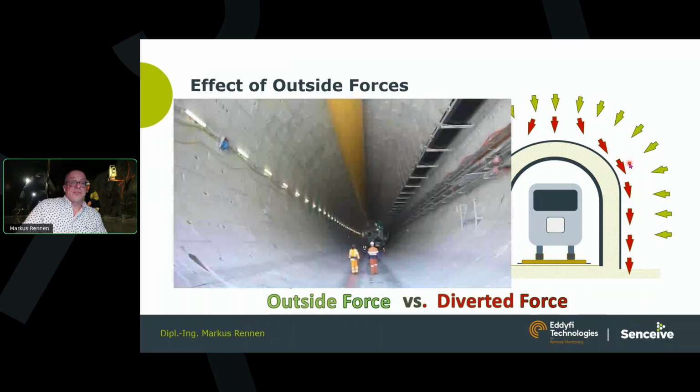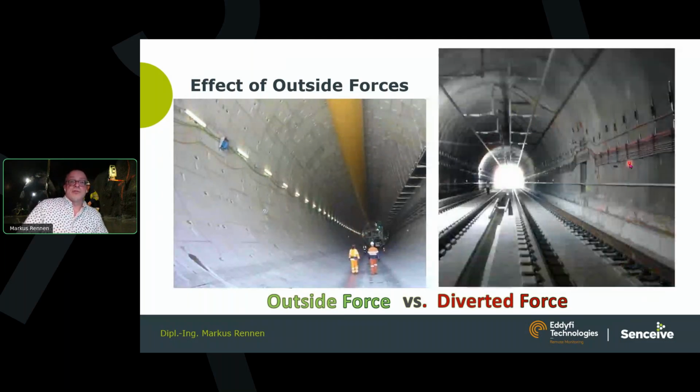Here we have basically a segment lined tunnel, but also these kind of horseshoe shaped tunnels diverting the forces to the outside. And in this case, on the right side, the job was that this tunnel was renovated or refurbished. And in order to install electrification, the tunnel sole had to be lowered, and that had direct impact on, of course, the distribution of forces along the tunnel shape. So this was observed here in case